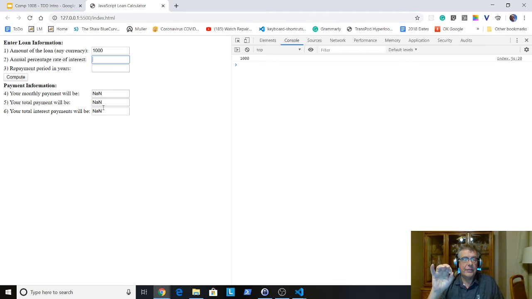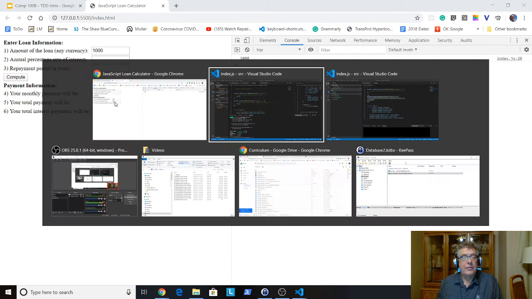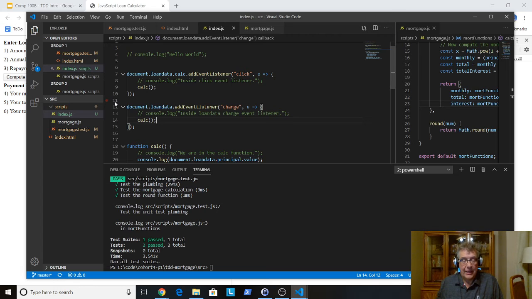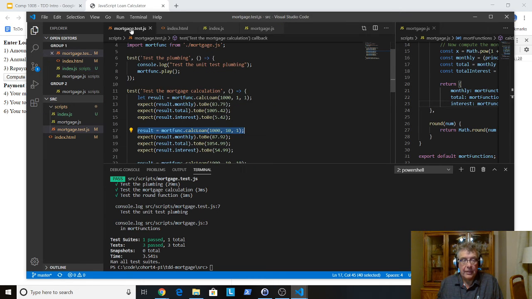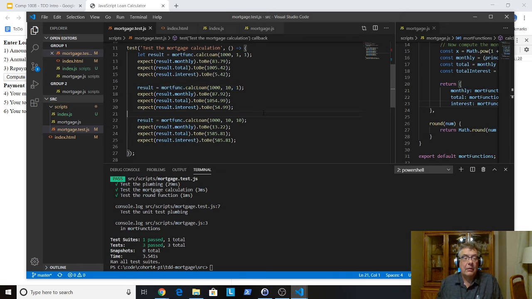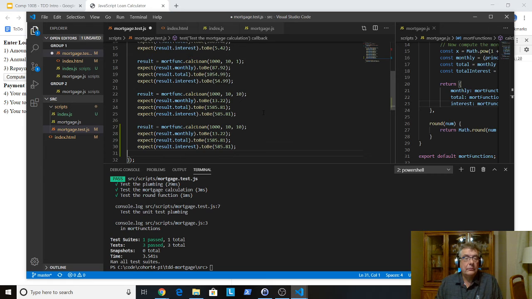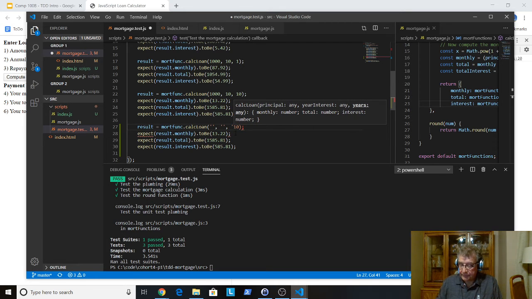And so that's all we're going to do in this segment, and how we correct it is beside the point, okay? So we're going to figure out how to create a test to cause that problem. We're going to go down here, and instead of passing it these numbers, we're going to pass it quote, quote, and quote, quote. So if we pass it all blanks, then I expect the answer to be,